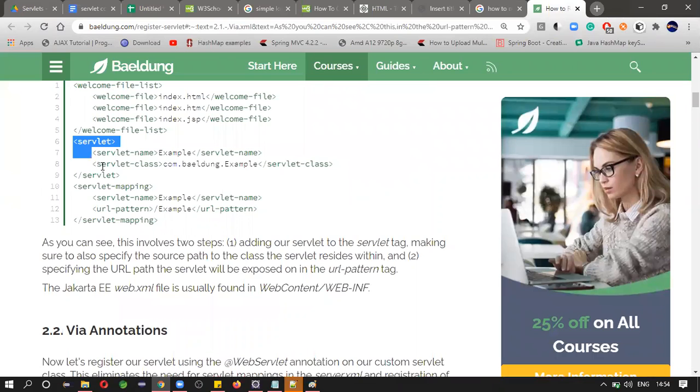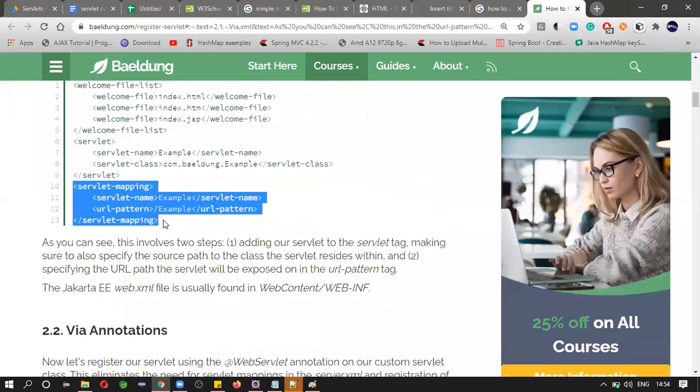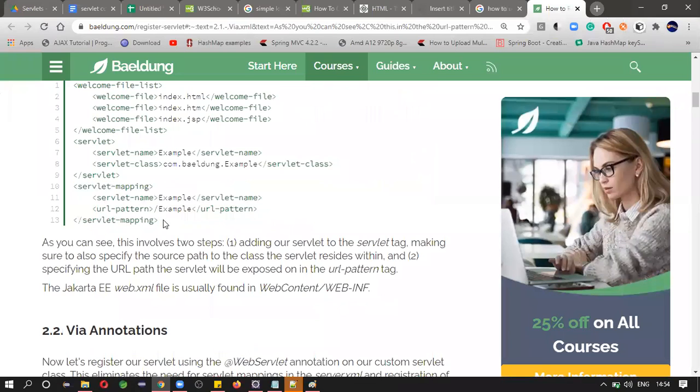This is the servlet tag, and this is the servlet mapping. You can configure by using web.xml as well as annotations, both ways. Web.xml is the conventional way.